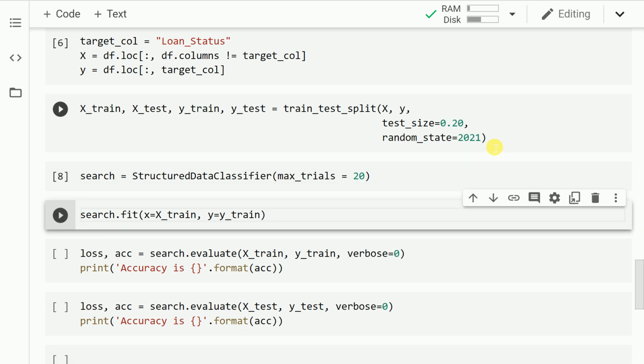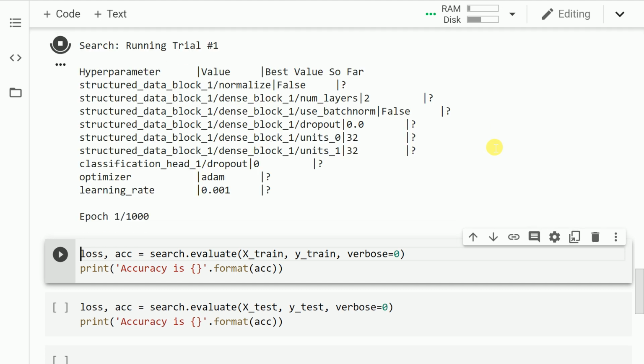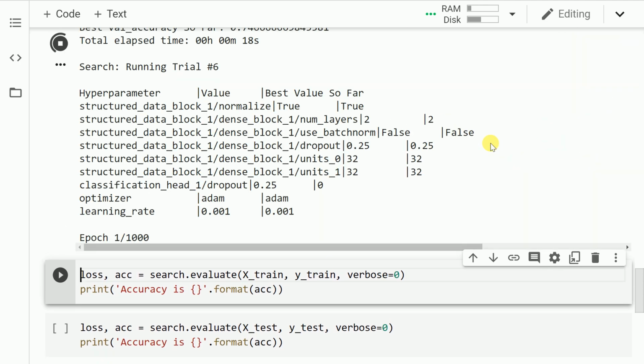Now that I've created an instance of the structured data classifier, let me go forward and fit my training data to it. So let me run the cell. It is here that I'll create 20 odd classifiers and evaluate which is the classifier that's doing the best for me. So this process may take a while.